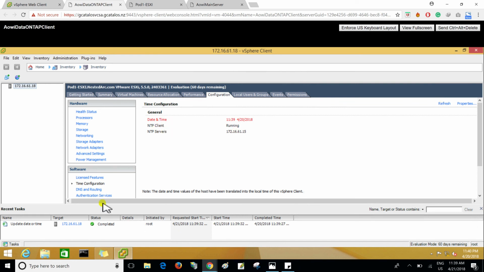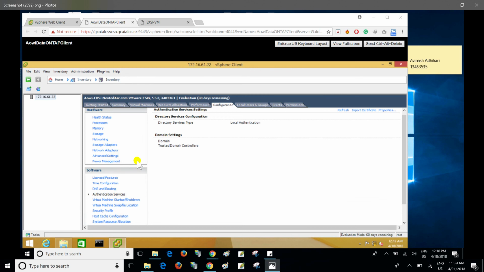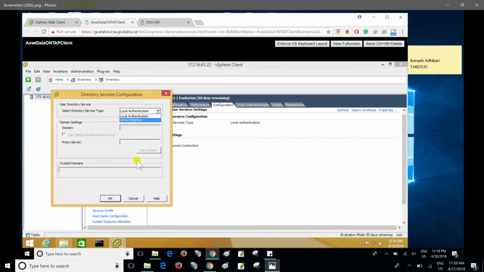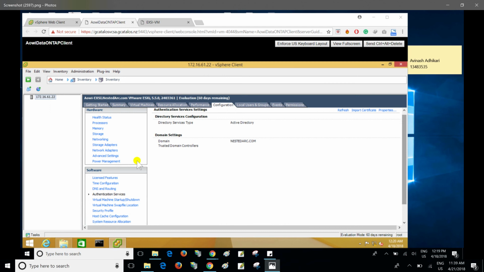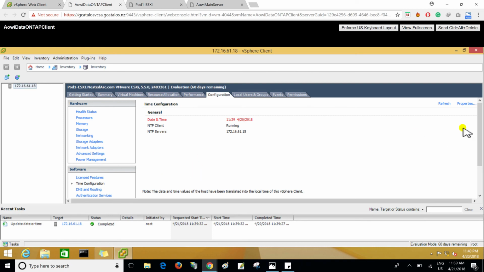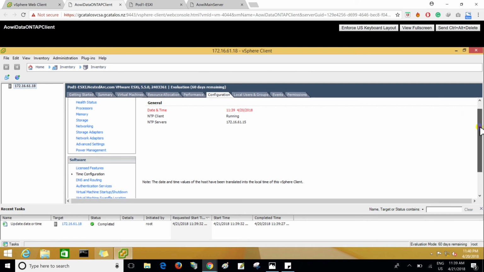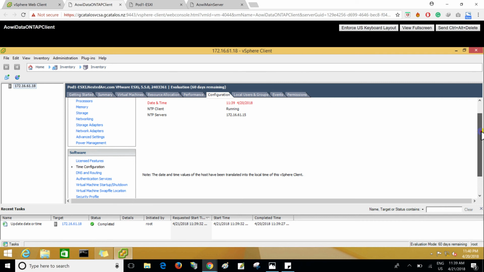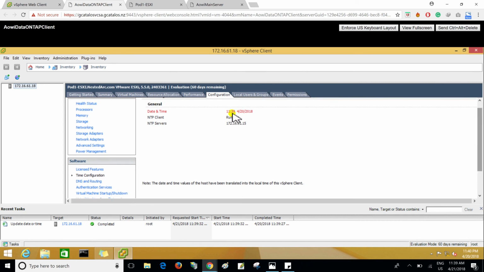Still it is showing a red sign. So go here, 2018, 21st Saturday, and it's AM not PM, so that's why it's showing the error. If you refresh it,